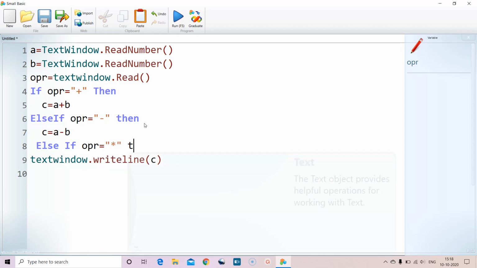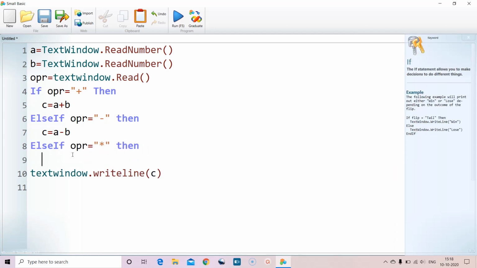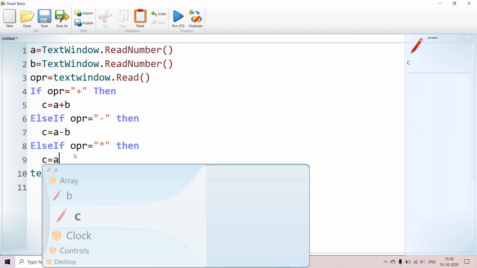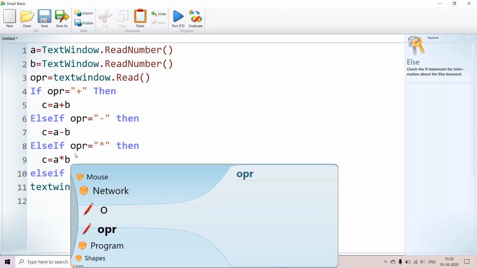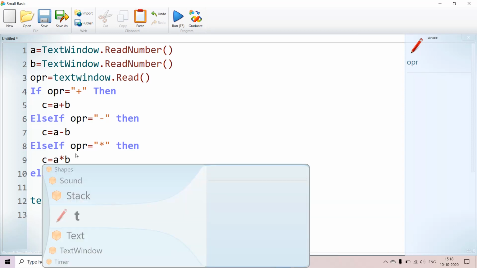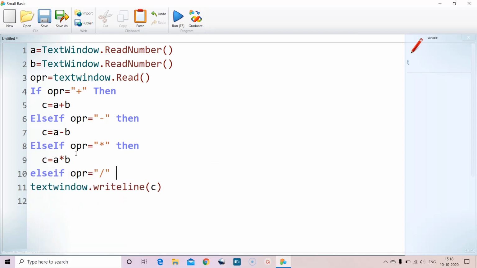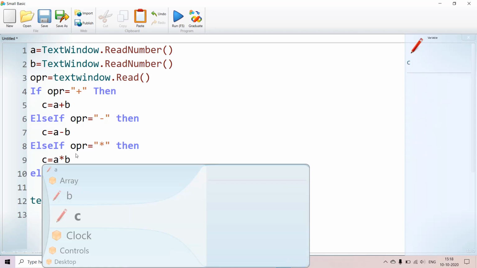This star is used for multiplication in any of the programming languages. As you know, c is equal to a multiplied by b, a into b. So else if operator is equal to slash, then c is equal to a slash b.